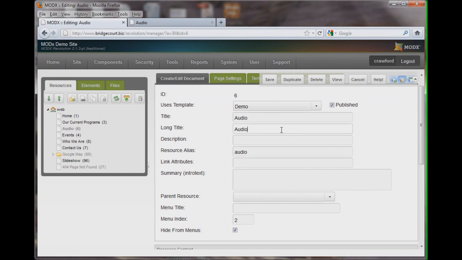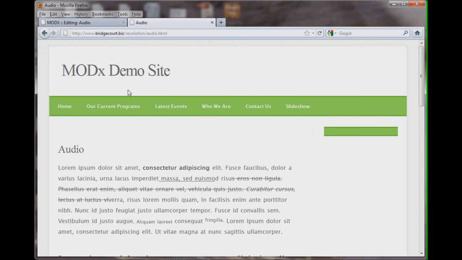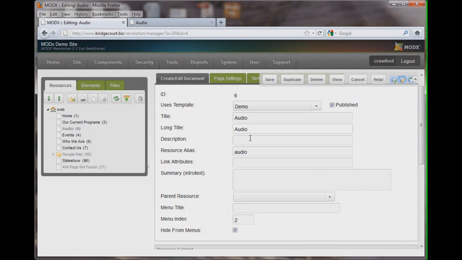The long title is what we put inside the content area. So that would be this right here. Again, we wrap it around H1 tags. It's very important for SEO. And we can change that. So just to show you how that looks,